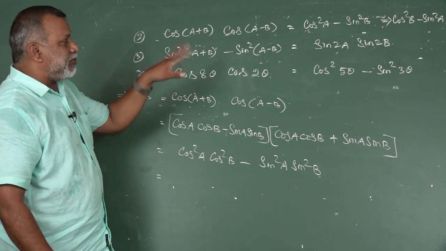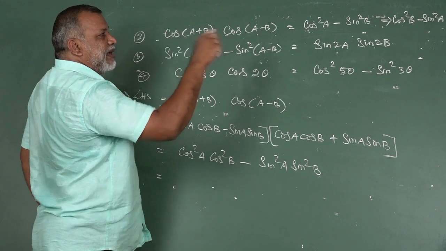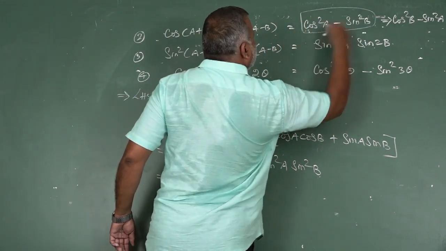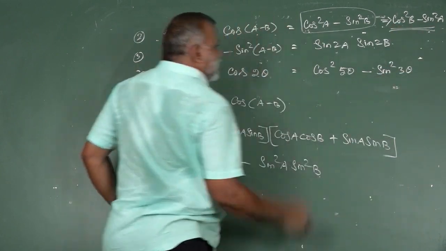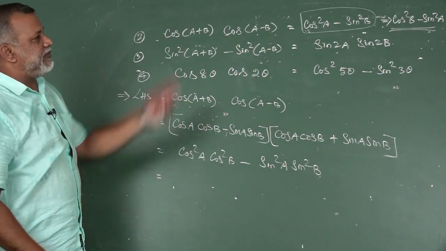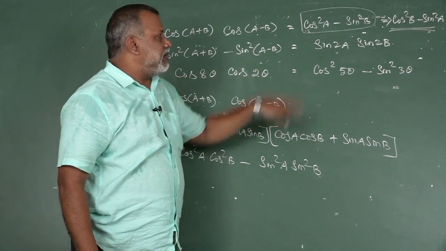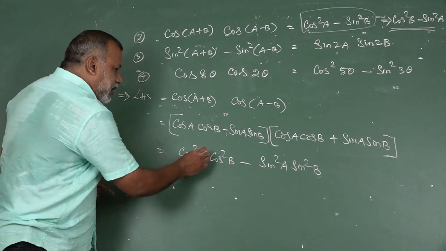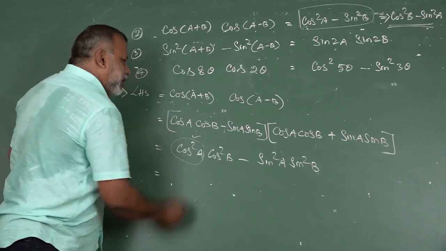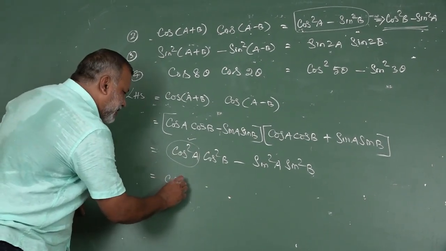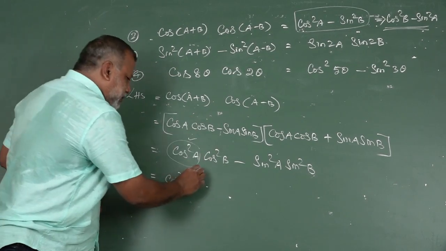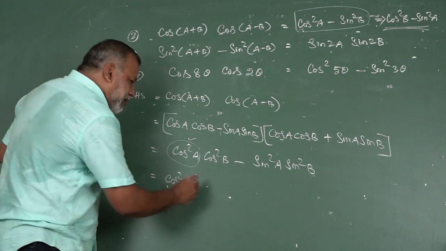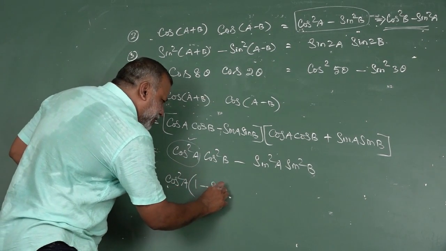So now listen to the proof. In your proof you have two results. This is result number 1. This is result number 2. So we are going to prove the first result. After that we can verify the second one. In your first result, cos squared A is wanted, so keep cos squared A as it is. Then this cos squared B should be eliminated, with the help of 1 minus sin squared B.